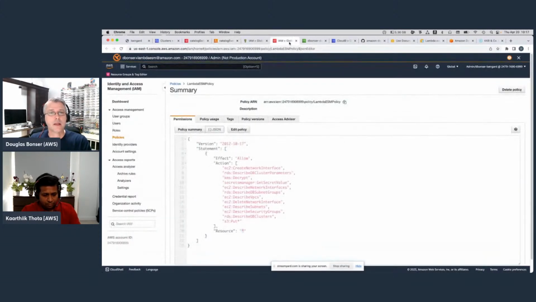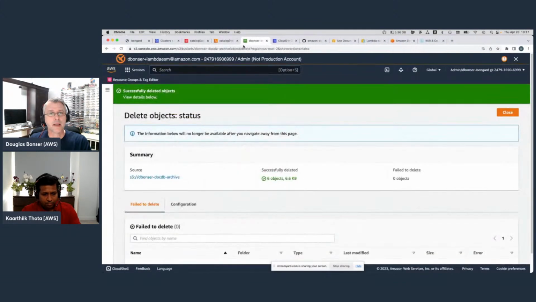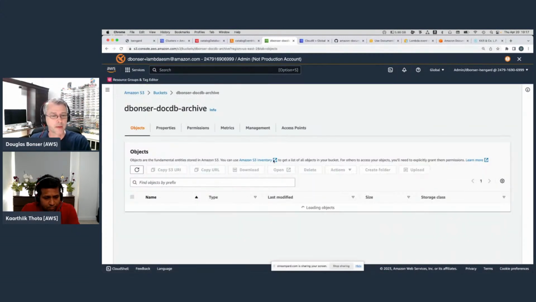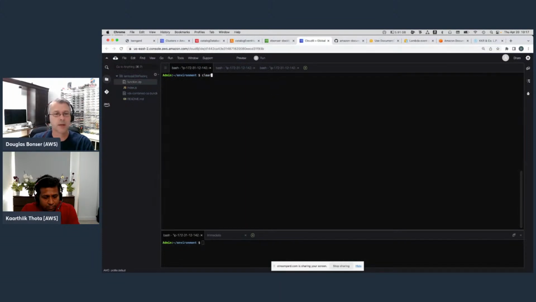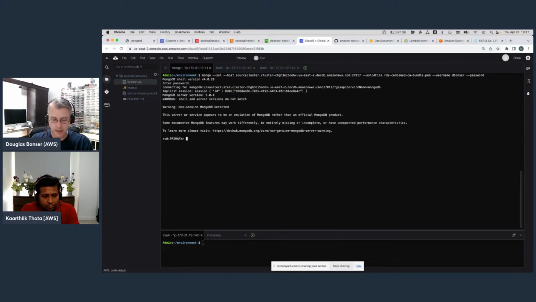And let me close this. So really the last thing to show is my S3 bucket. Right now I don't have anything in the S3 bucket. So for this demo, I'm going to go into a Cloud9 environment and